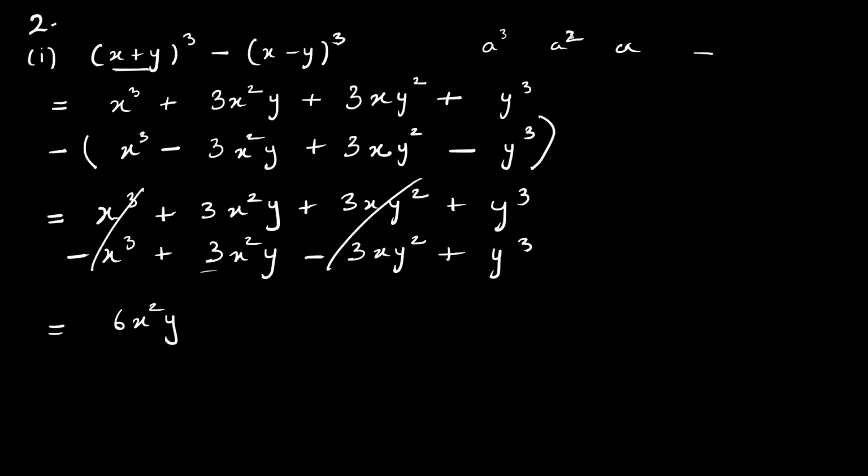Correct. And this, there is 1y cube plus 1y cube. So it will be y cube plus y cube. 1 plus 1 is what? 1 plus 1 is 2. What is 1 plus 1? 2. So when there is no number, it is 1. So 1y cube plus 1y cube will be 2y cube. You understood this? Okay. Thanks, Ramandeep.